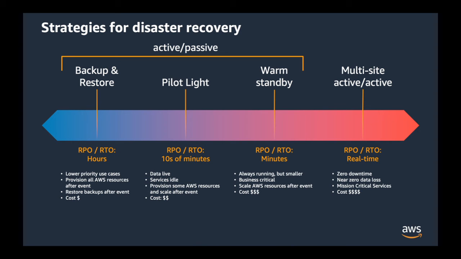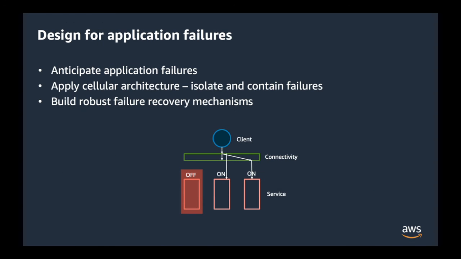One thing to note is that near real-time recovery objectives will also come with higher costs as compared to the other strategies that you see here. And so when designing applications, we have to keep in mind failures as well as performance, security, and other design aspects and principles, right? And cell-based architectures contain replicas for independent units of failover, and these can be switched on or off to isolate and contain those failures. And it can be particularly useful for partial failures or even performance issues to be able to toggle these replicas on and off.